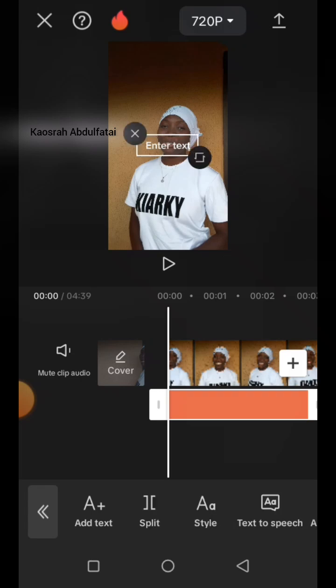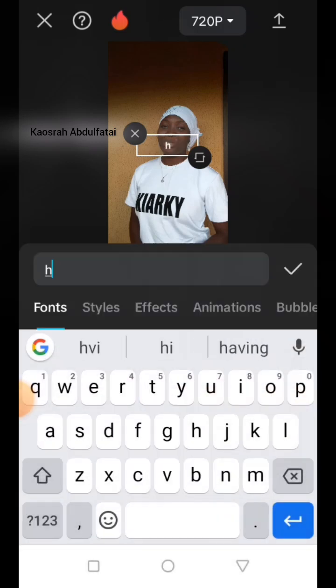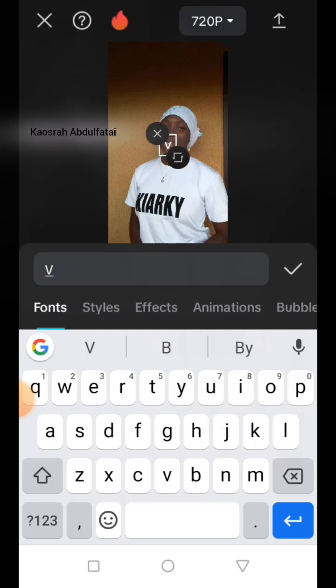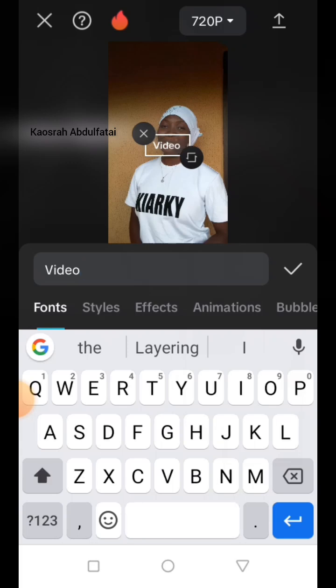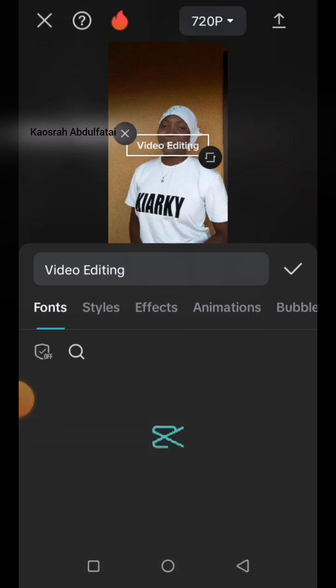So I tap on the screen and I'm going to write video editing. So like this, then I'm going to choose the style or the font design that I want it to be,